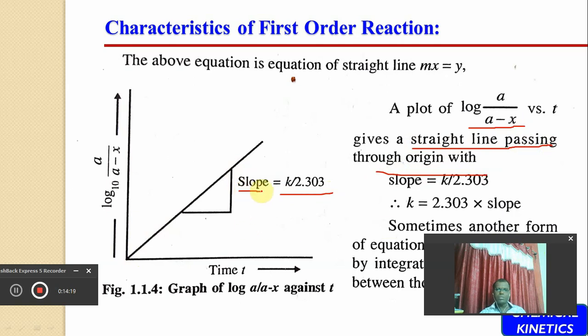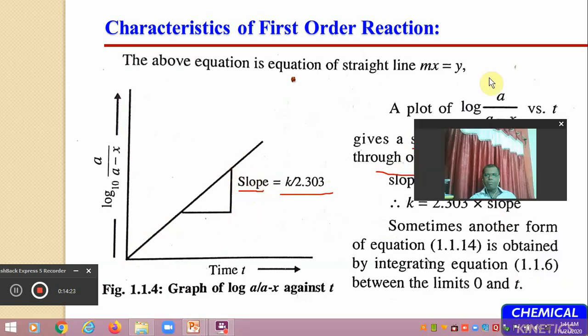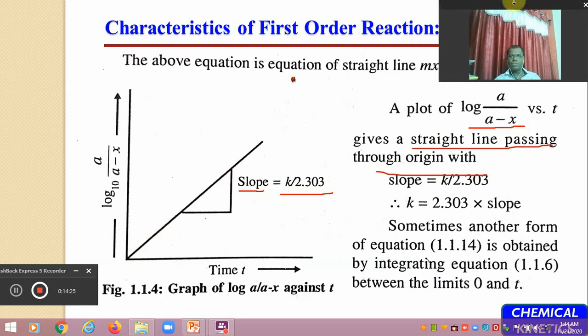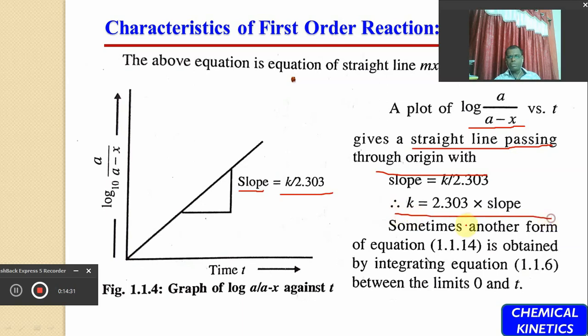And once the slope is calculated for this line, from the slope the value of the rate constant, or the velocity constant, or the specific reaction rate of a first order reaction, can also be calculated with the help of this equation: k is equal to 2.303 into slope. Sometimes this equation for the rate constant of a first order reaction can also be modified in another form at two